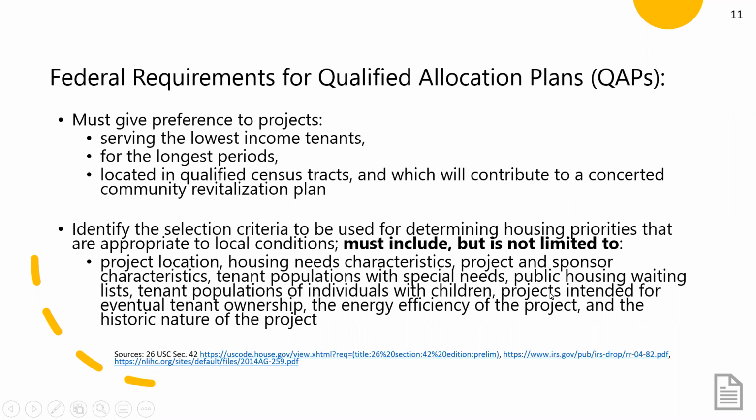So the Qualified Allocation Plan, again, is required by the federal law. And there's a couple of things that have to be in the QAP. So number one, it's required to give preference to projects that serve the lowest income tenants for the longest period and that are located in qualified census tracts. So those are required preferences that have to be in the QAP. There's also a listing of, I believe, 10 different items